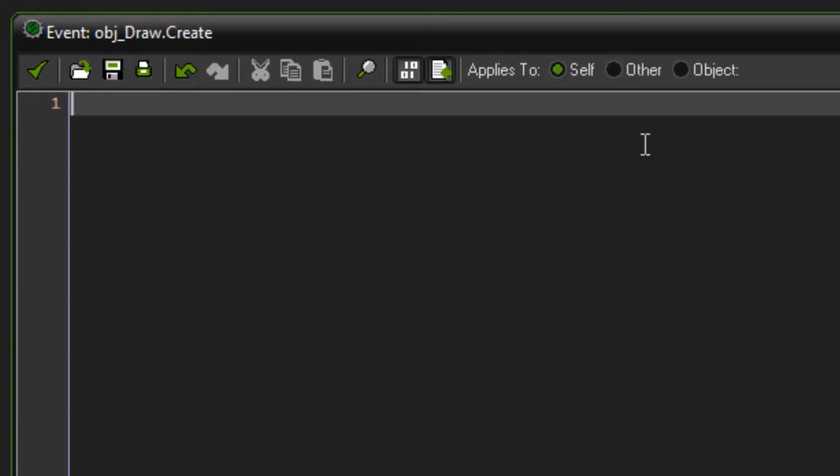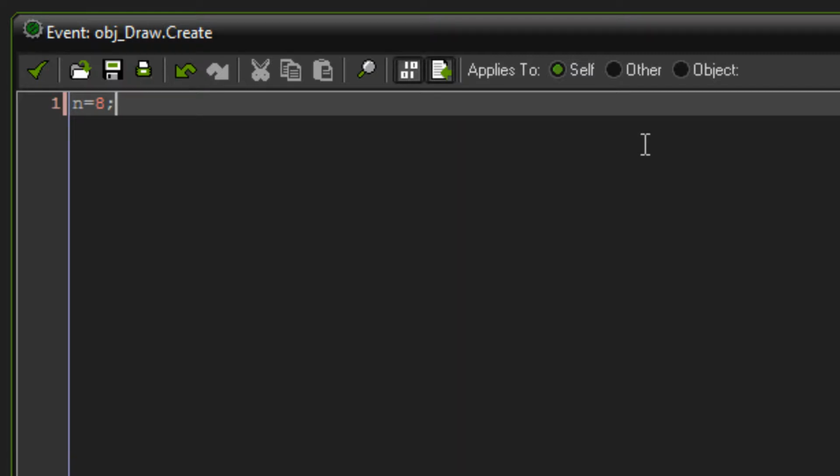Okay, so a variable is pretty much a name for holding data. It can be anything from the letter N to a longer word like alphabet. It doesn't matter what it's called, but it'll hold whatever data you tell it to. So in the create event, to initialize a variable, all you have to do is write something like n equals 8. What that does is set n to 8. So whenever you want to use the number 8, instead of writing 8, you could write n, and it'd mean